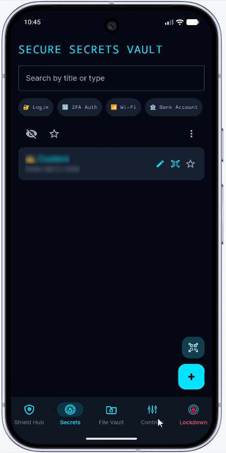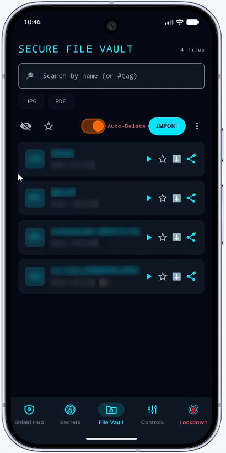Now you see this entry is blurred. That is a feature in the Quantum Vault. Any entry in Secrets Vault or File Vault by default is blurred. So you see here you can't see it. So if you open this app in public, even if people are peeking into your phone, they can't really see what you have. But when you hold it, let's say here on the left, hold on the left and just